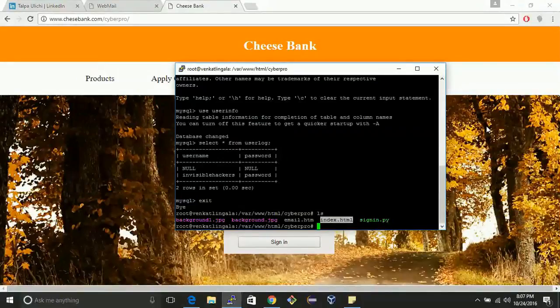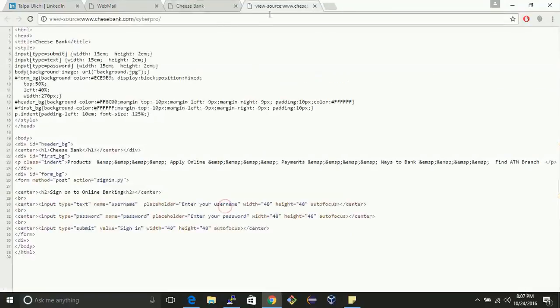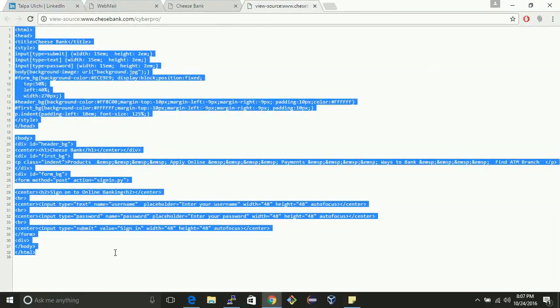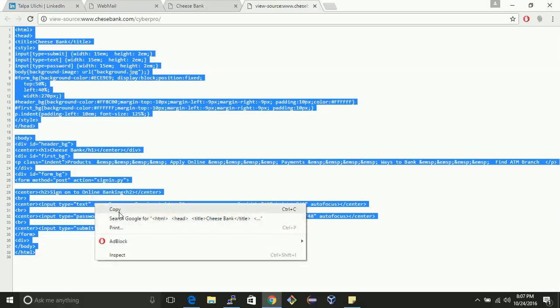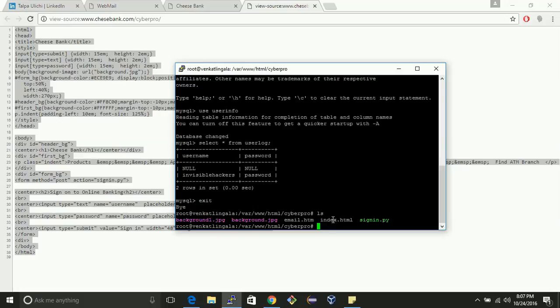You can always spoof any website's HTML code by just right clicking and choosing view page source and just copying the HTML code of any website. You can easily spoof any website using this. Copy it, and you can come back and paste it in the index.html file so that you will be able to